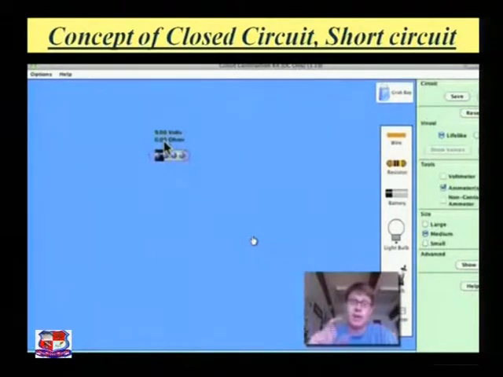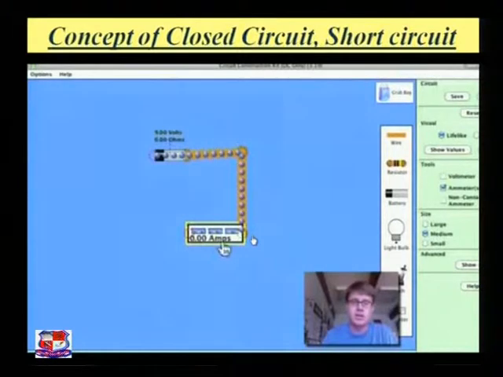Now to understand the concept of the short circuit, we again take the electrical wires. Connect the circuit using the wires. To measure the current, we prefer the ammeter. Here the multimeter works as an ammeter. Now see what happens when we connect it directly to the battery.